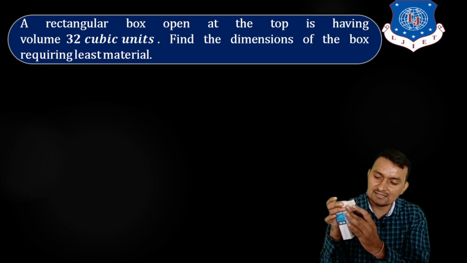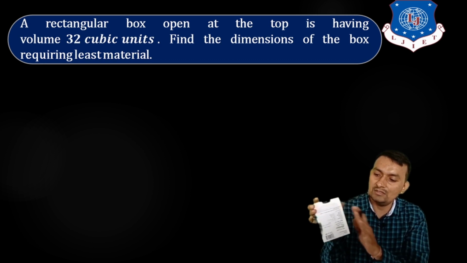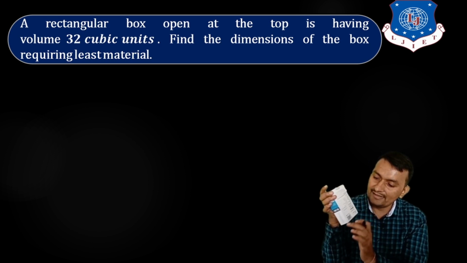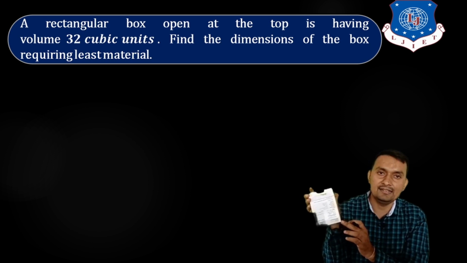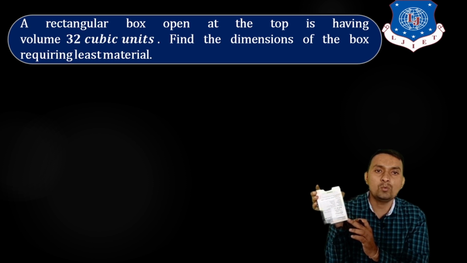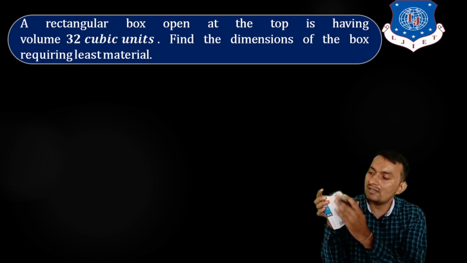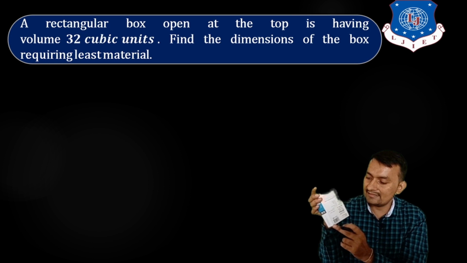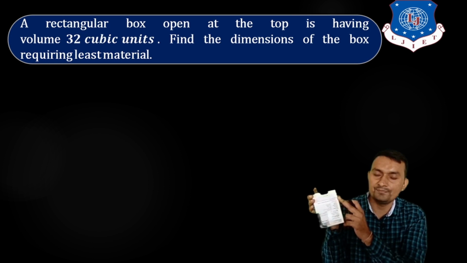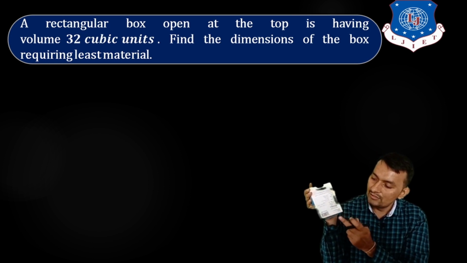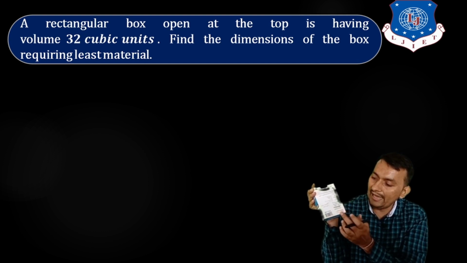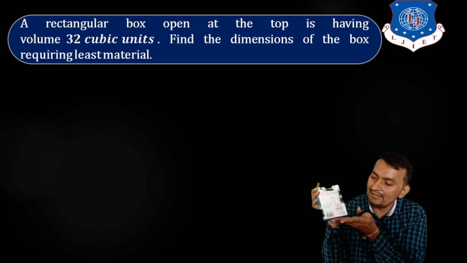I need to construct this side, this one, this one, and whatever else we have. So I want to determine x, y, and this is z. How can we determine the x, y, and z dimensions? For that, we need to consider the surface area. Suppose x is here, this is y, and this is z. The bottom will be only x and y.